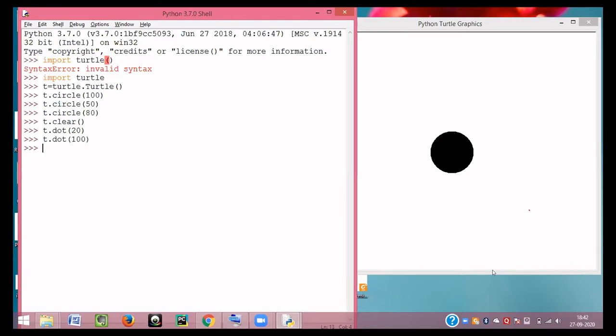Okay, now let's suppose I want to change the background of my screen. Whenever you create a screen, the background is white in color. I want to make it pink, let's say. It will be background dot black or whatever the color. No, no, no. First of all, we have to create a variable for that. S equals